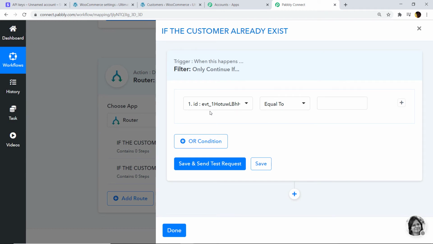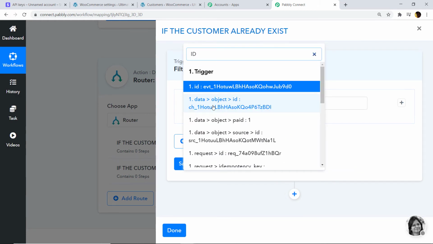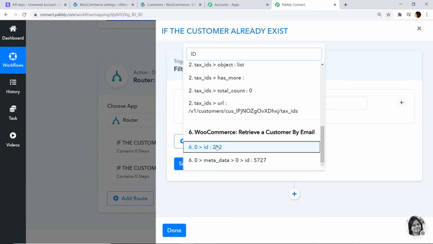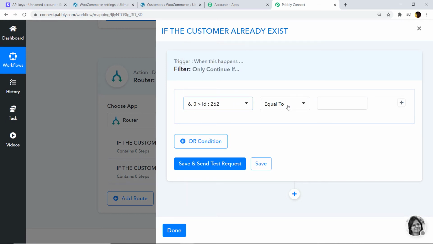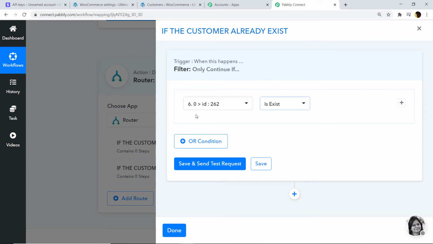Here we are going to work with the if statement. So if ID, let's go with the ID. What was our ID of the customer? If the ID 262 is equal to, let's change the equal to to exists. So what I have done here is, this statement, if ID 262 exists, basically it is saying if the ID number 262 exists, then what should be done.